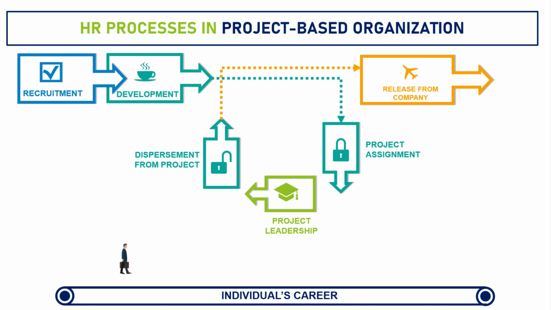Again, the individual's career runs in parallel to this process, but it follows 3 additional steps before leaving the company. That is assignment to the project, which is assigning project personnel to new projects, and project development, since here project managers have additional duties of project appraisals and support of career development. And finally, disbursement from the project. This is the end of the project when workers are most vulnerable to leaving the company.